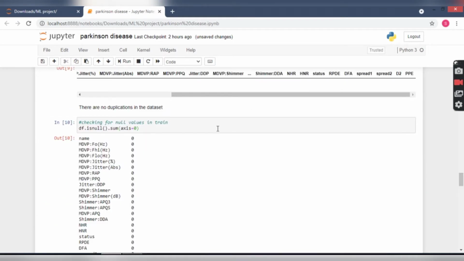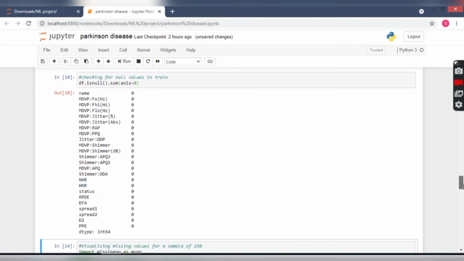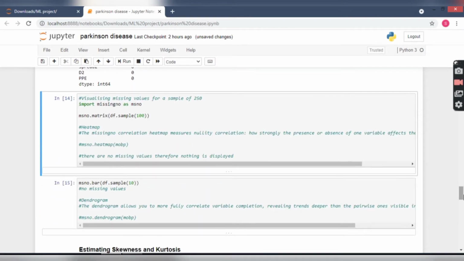Here also we are going to see if there are any null values or not. Axis equal to 0 is given to check if there are any null values in our entire rows or not. A better way to understand if we have any null values is to visualize it.